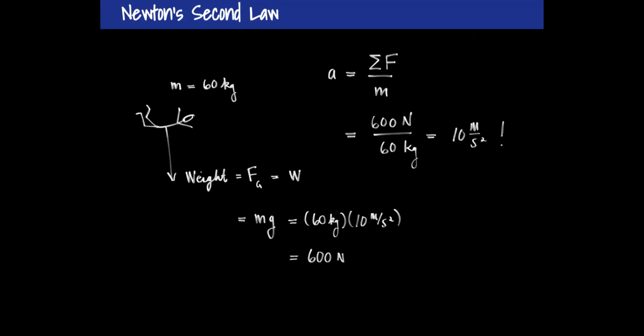His weight is the force of gravity acting on him. I like to call it F sub g. You could call it W if you want, but we're much better off with F sub g, force of gravity. I've got an equation for that. The weight of a thing is its mass, in Slim's case 60 kilograms, multiplied by the acceleration, which is 9.8 meters per second squared, but you don't mind if I use 10. 60 kilograms times 10, obviously 600 newtons. His mass is 60 kilograms. His weight